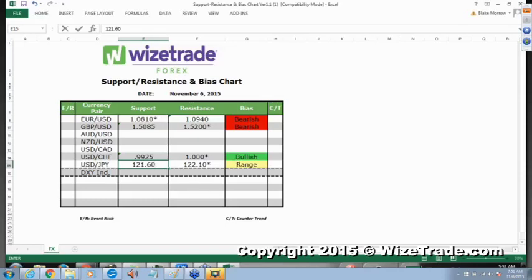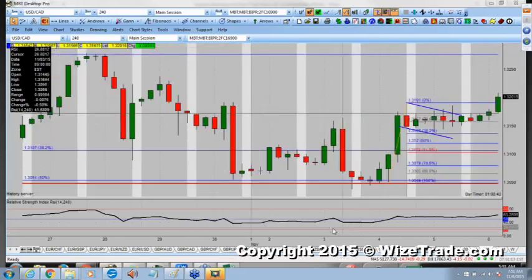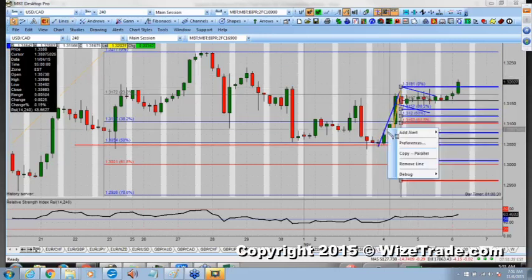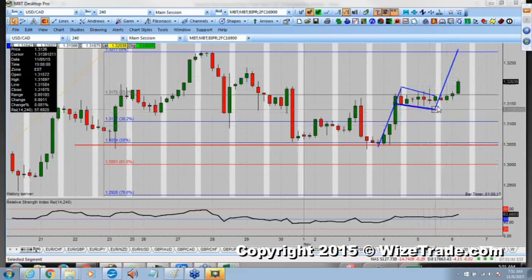Let's go over to the Canadian. Okay, so here's your dollar Canadian. We drew this out yesterday. I just deleted it, but now I'm going to say this about the Canadian because we do have Canadian employment today. It looks something like this, right? So the data out of Canada is expected to create close to 10,000 jobs. And like I said yesterday,